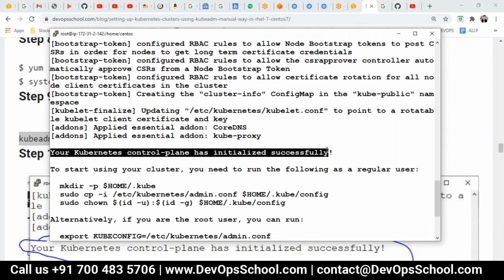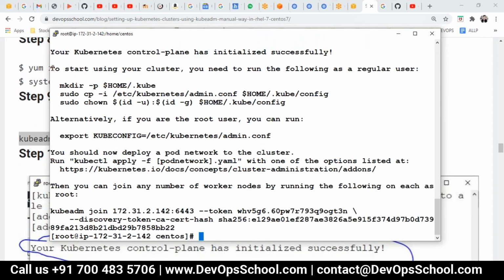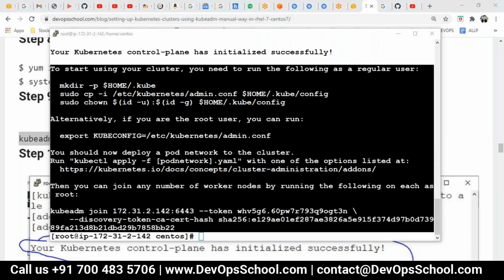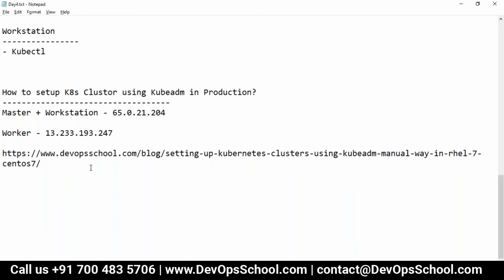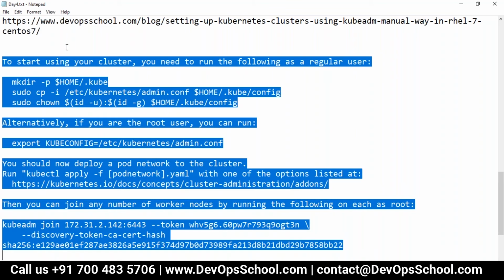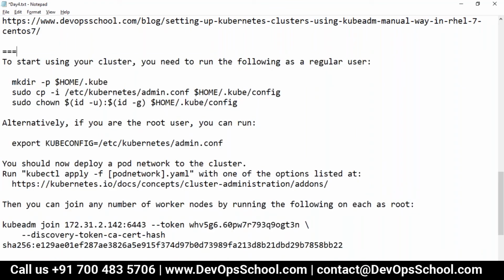Just init. If you have all the prerequisites set up, most of the time what people do is create an image of it, then run it, and then run init or join, whatever it is. Now guys, let me ask you one thing. If you do not copy this, if you miss this, then you will have a hard time. Why? Because this has some content which I need for moving further. I will divide this whole output into 3 sections.